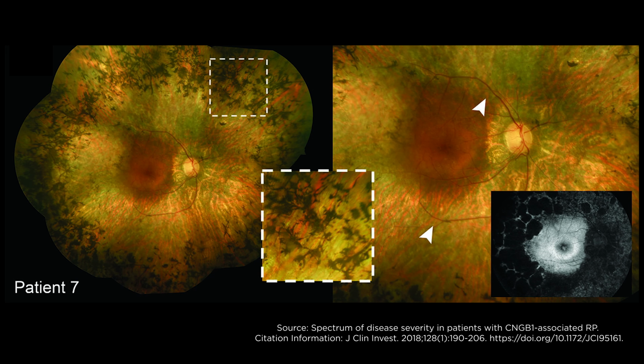So they're inherited in people, and the affected patients will first of all have a constriction of their visual fields, giving what's called tunnel vision, meaning that they can't see anything in the periphery, they can only see things straight ahead. And as the disease progresses, they eventually can lose that small island of vision that they have and become